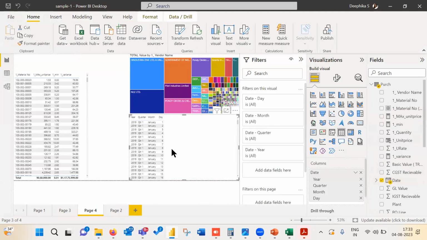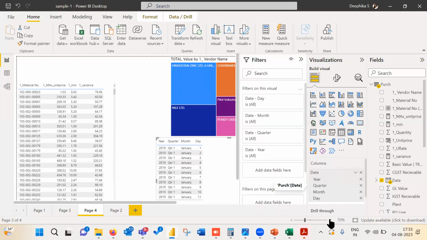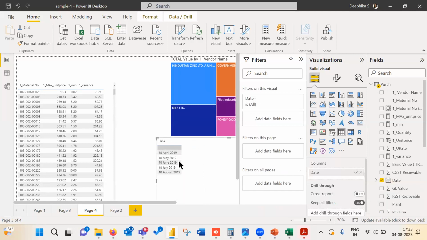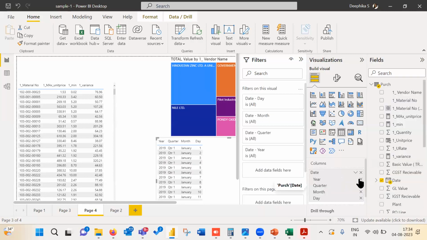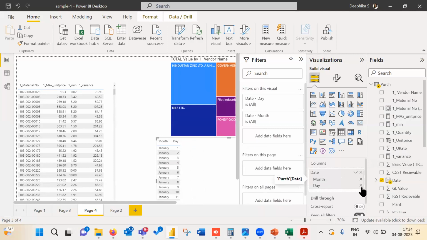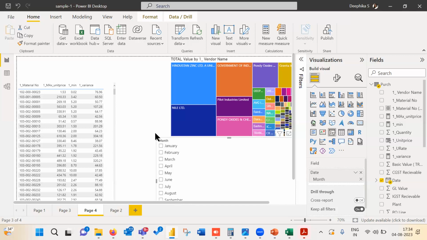So date, again, there are a lot of filter context. If you see here, by default, Power BI takes date hierarchy. Okay, year, month, quarter, day. So now this date hierarchy, I can give down arrow and give date. Then it will show as plain date format. But this date hierarchy, I can actually remove year, quarter, month. So I can have simple separate context. It can be another filter where I want to evaluate only particular month's data. So this will be like another filter context which I can create, month-wise filter.